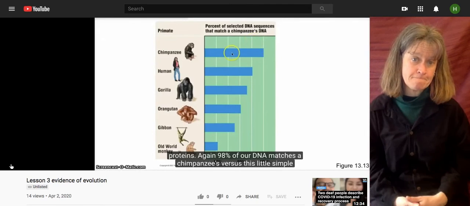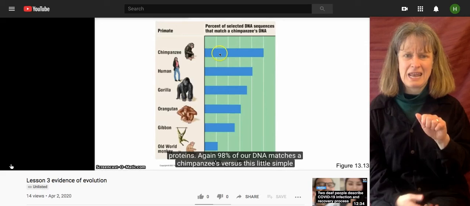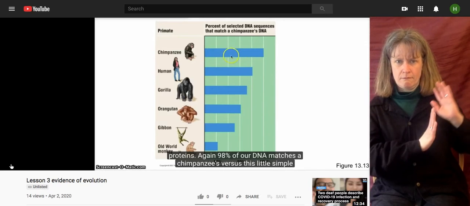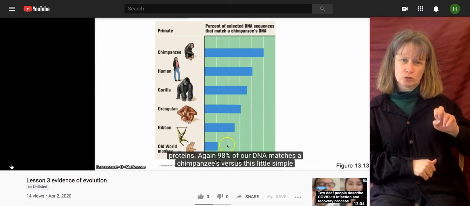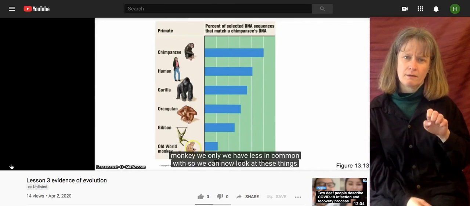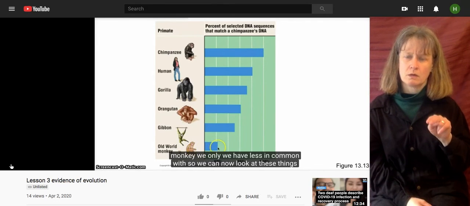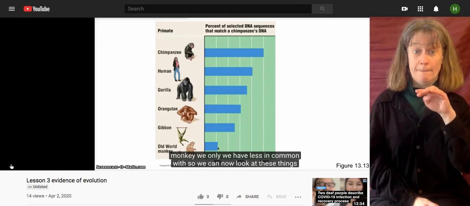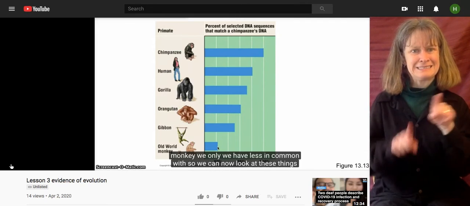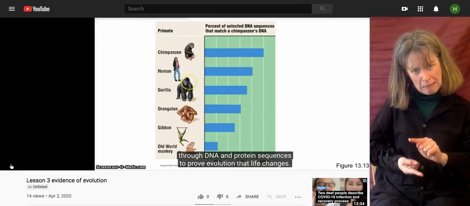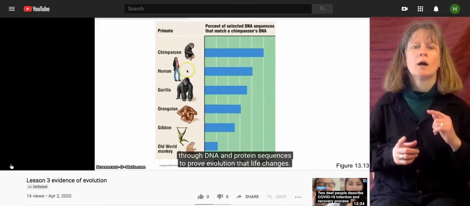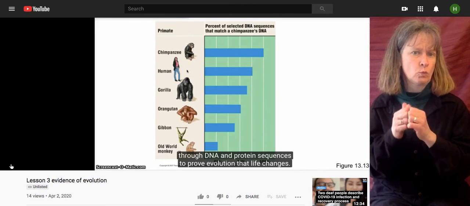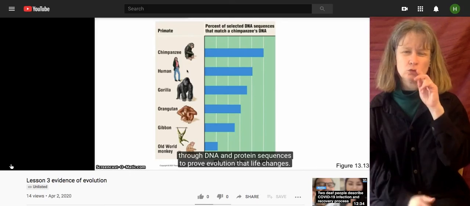Again, 98% of our DNA matches a chimpanzee's versus this little simple monkey we have less in common with. So we can now look at these things through DNA and protein sequences to prove evolution, that life changes